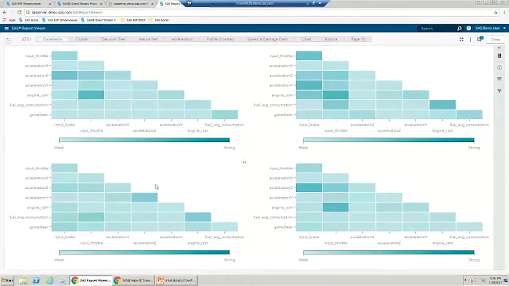So here I have a correlation matrix. It shows various inputs. And what you'll see is very distinct patterns in these different profiles of data. On my left hand, I have a normal driving behavior. On the top right hand, I have a person that has more issues with accidents, and so it shows up with a different profile with slightly different correlation information. And the bottom left is a speeder. Now it looks very similar to my first profile, but again, the numbers and the correlation break off slightly differently.